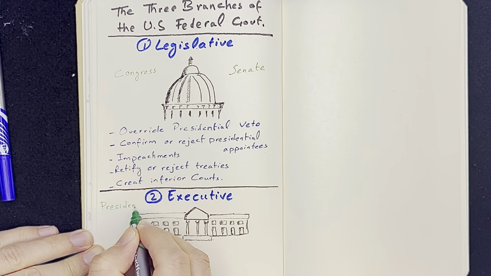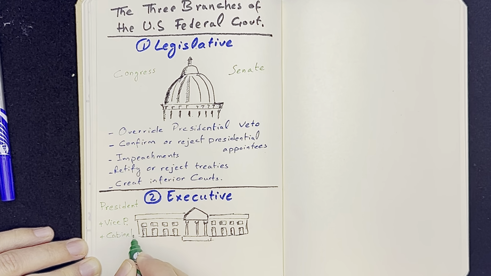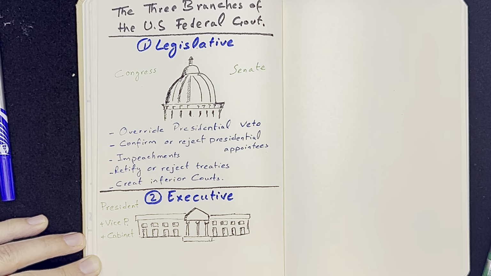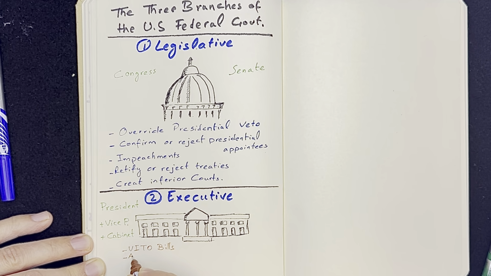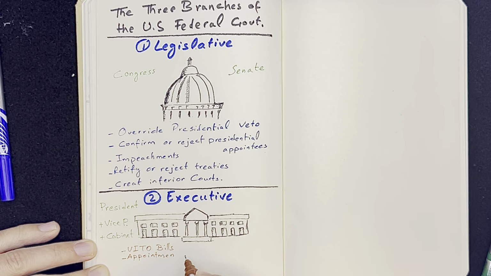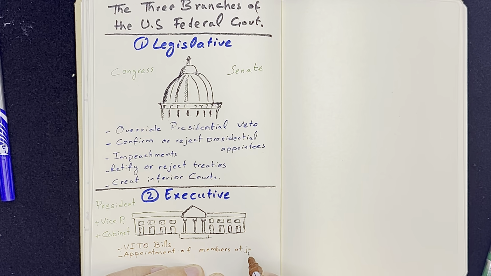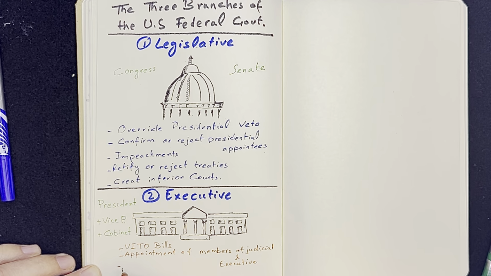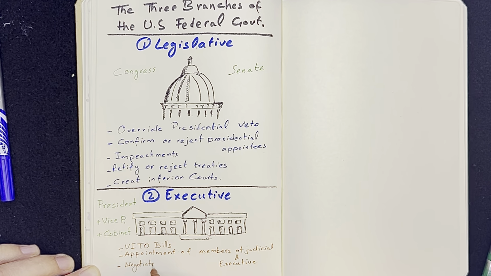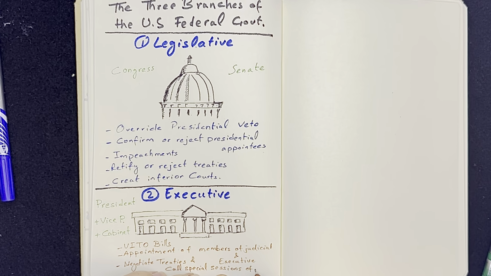So let's discuss some specific responsibilities of the executive branch, and they include vetoing bills passed by Congress, appointing members of the judiciary and executive branches, negotiating treaties, and last but not least, calling special sessions of Congress and recommending legislation. These are the responsibilities of the executive branch. All right, moving forward,